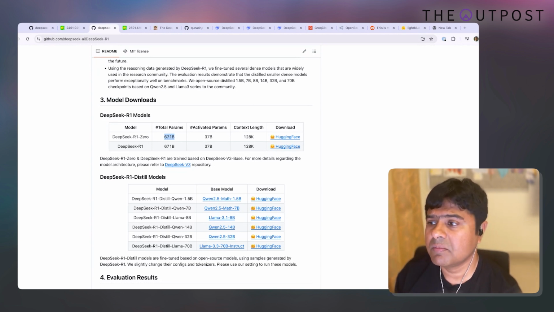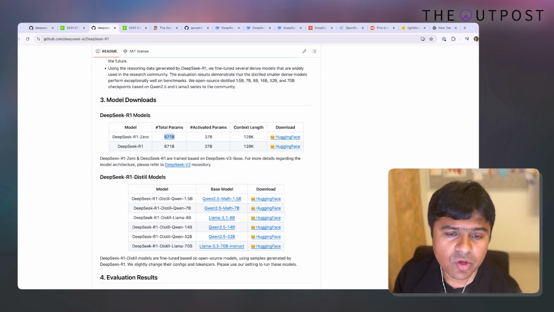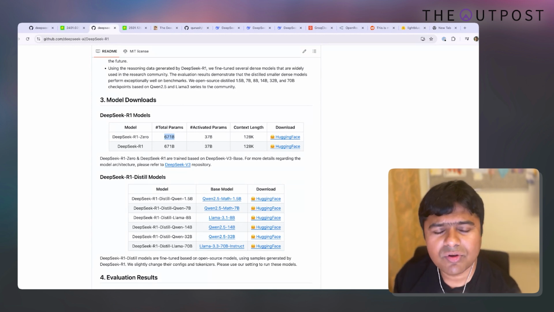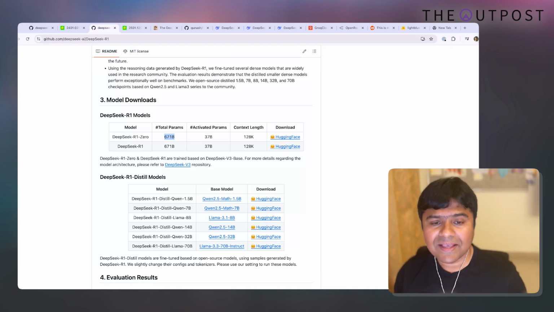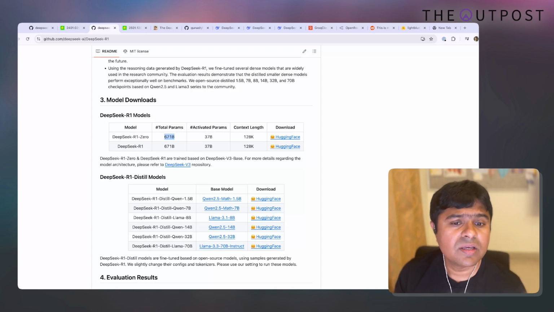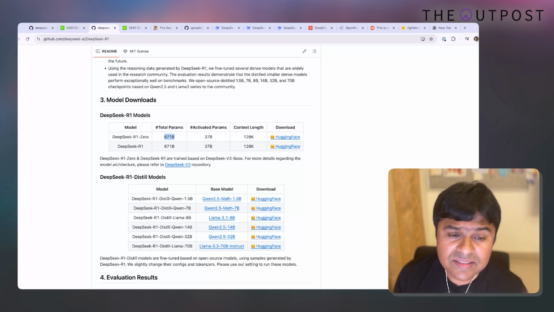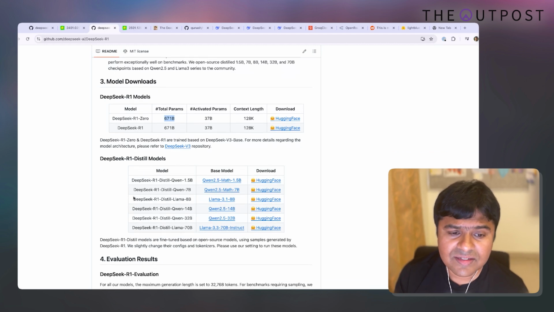Most of the models running on our phones have about 2 or 3 billion parameters. Most of our laptops can run anywhere from 7 to 70 billion parameters in different capacities. So this can actually run on our laptops, a reasoning model that can actually run on our laptops. On top of that, they have created these distilled models which have 8 billion parameters.